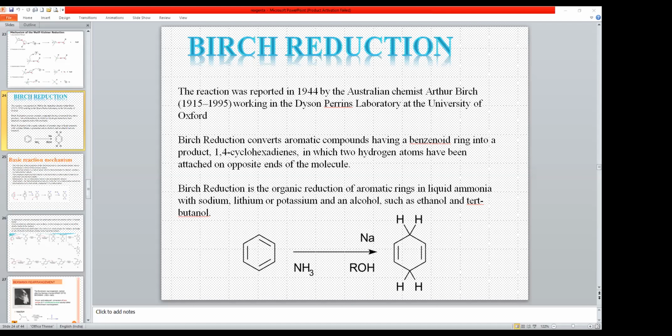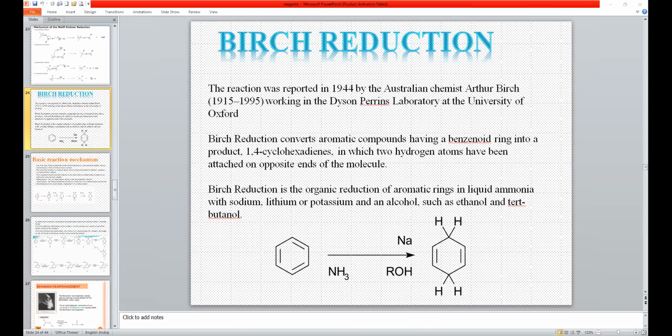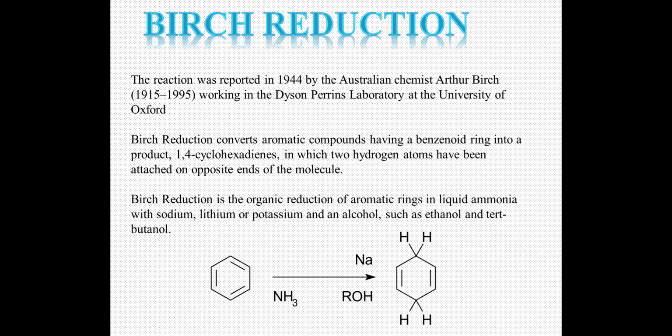To start with, we will go with Birch reduction. So what is Birch reduction? It was reported by an Australian chemist, Arthur Birch, while working in Robert Robinson's laboratory at the University of Oxford. So he discovered it. So Birch reduction is nothing but conversion of your aromatic compound having a benzenoid ring